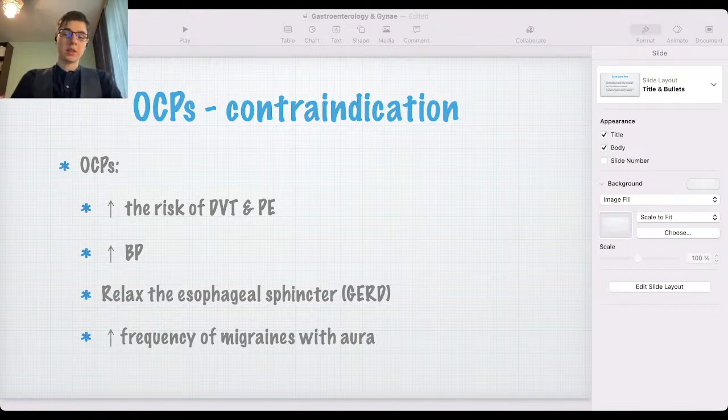formation. So, the OCPs predispose to formation of thrombi in the venous system, namely leading to deep vein thrombosis or to pulmonary embolism. The question, if it can create a stroke, targets the arterial system, a thrombus formation in the arterial system. The single way when a patient on OCPs can develop a stroke